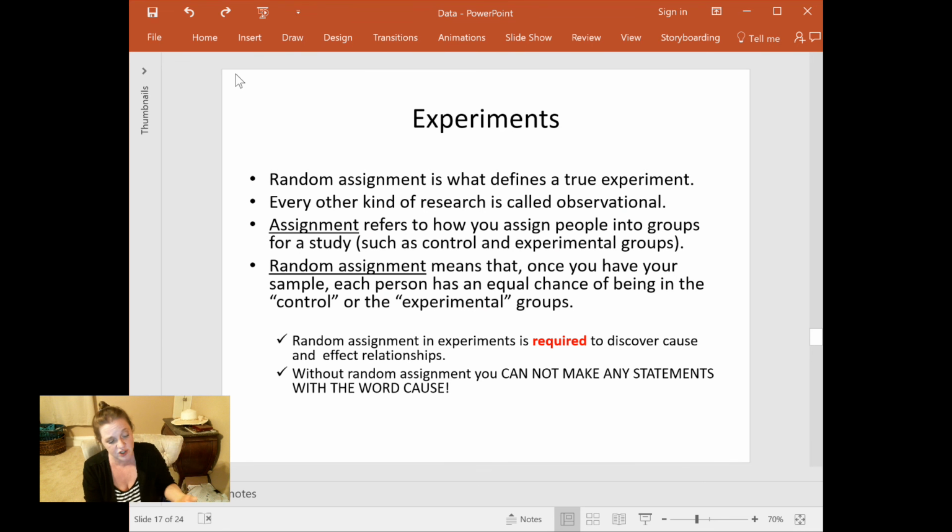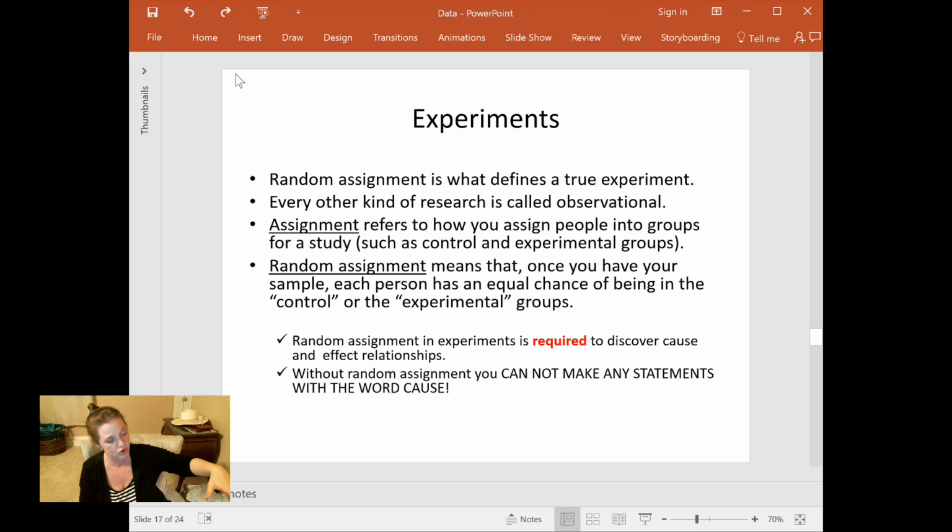It's essentially how you decide which group your people go into when you do that true experiment, where you're manipulating a group-based independent variable. You just have to flip a coin. You have to randomly do it. You have to say, okay, this person from my sample, you go into the marijuana group. Flip a coin. This person in my sample, you go into the non-marijuana group. No marijuana for you. Flip a coin. Oh, you also go in the no marijuana group. Flip a coin. Oh, you go in the marijuana group. You're randomly assigning people to what are called experimental conditions.